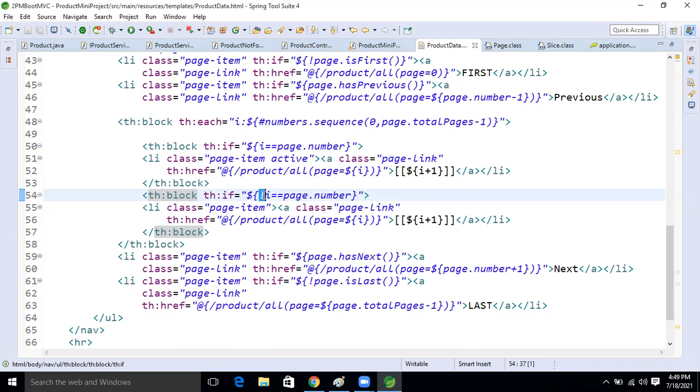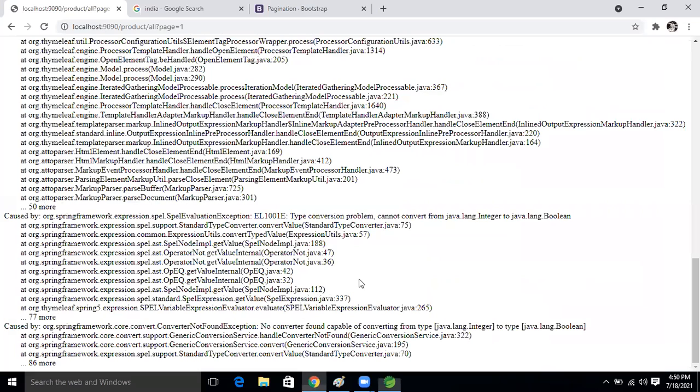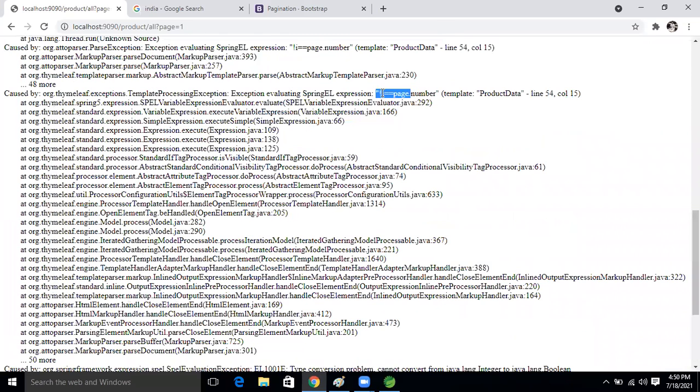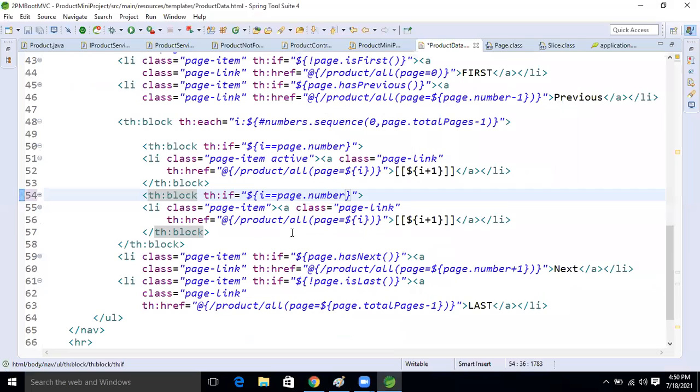In the else condition, th:if, in place of if, else, no, not. So see this, read the error. What is the error, right? See, I wrote the wrong not symbol, guys. After i, not will be there. Here it's not able to check boolean, right?